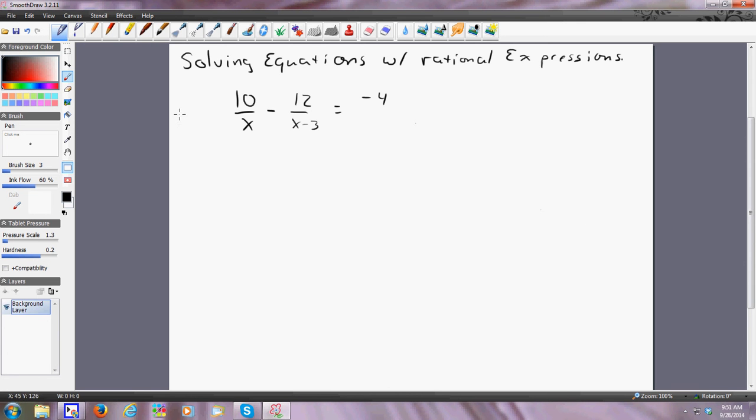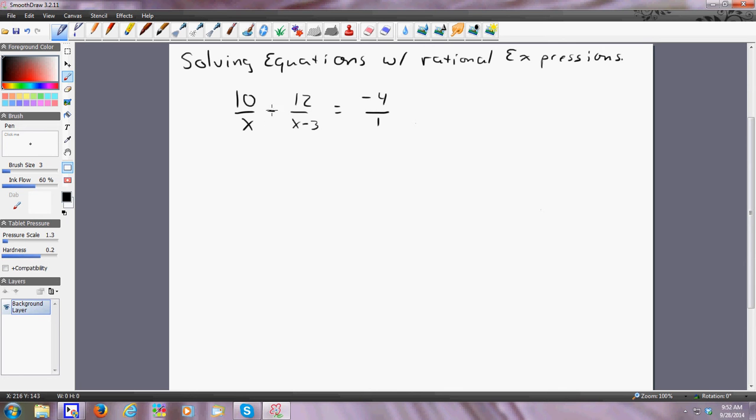We're still continuing our unit with solving equations, and this is one with rational expressions, and it's pretty intuitive actually. I'm going to put that one over 1. Now, whenever we do this, you always need to have a common denominator because we're working with fractions and we're